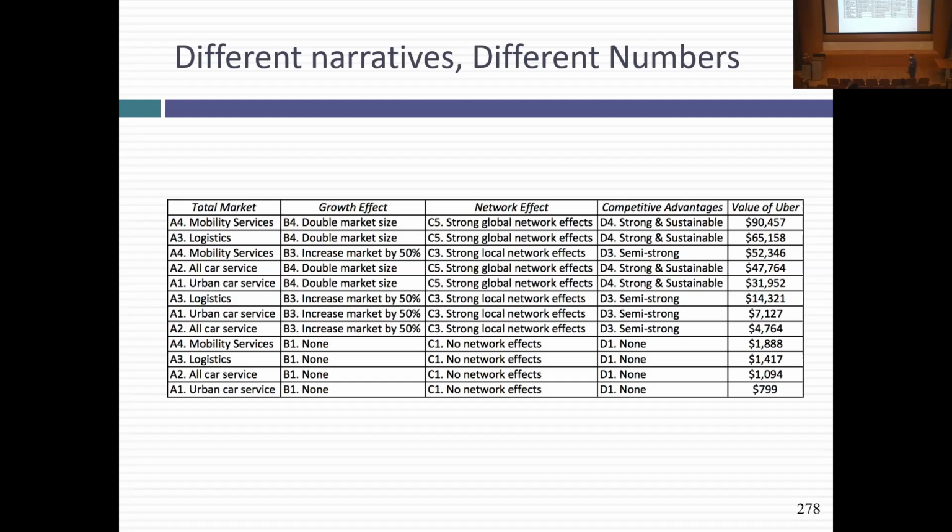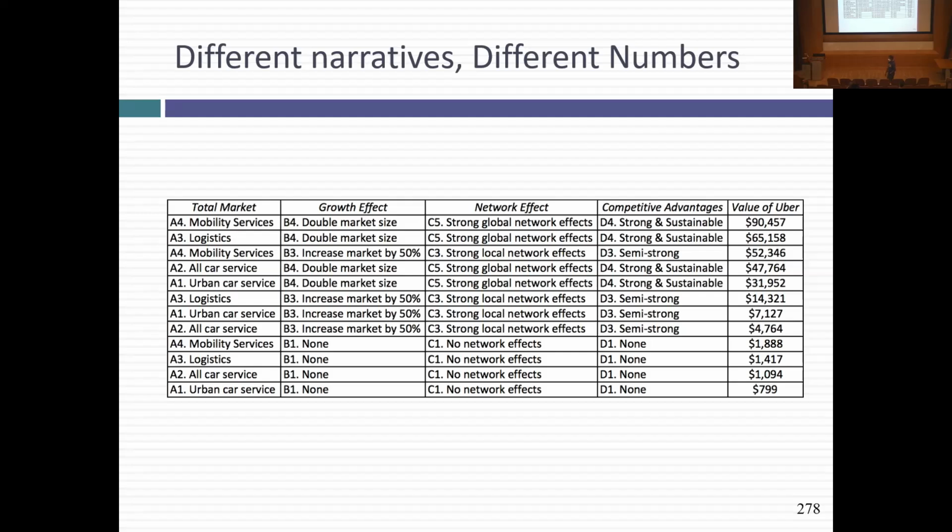One final thing that I did with the Uber post, you can see how I milked my post, like 4 posts come out of the same one. In fact, one of the books I have, Narrative and Numbers, was born out of that post on stories and numbers. I finally created a do-it-yourself version. And you've seen this play out with Tesla now, but the first time I ever did this was with Uber, because I got sick and tired of people disagreeing with an input of mine. I said, you know what? This is my story. Make it yours. Pick your own story based on what you think about Uber's market. So basically, I let people pick. What do you think the market is? Is it a car service company, transportation company, a logistics company, a mobility company?